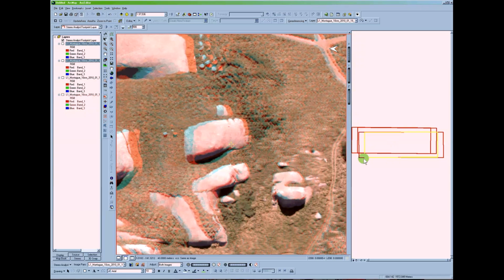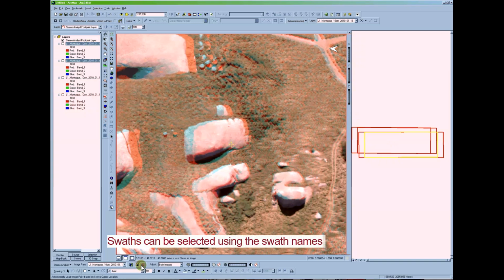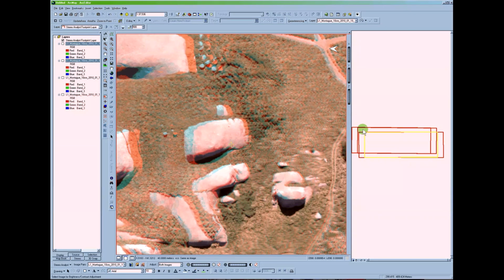Now to change between them, and to change the display in the stereoscopic window, we use this icon, select image pair by ground point, so we can click on that, and then we can click within the swathe that we wish to view. You'll see how the yellow rubber band has jumped to the other swathe. If I click on that, it will change the swathe that is active and change the display in the stereo window. Okay, we now have a different swathe in the stereo window,